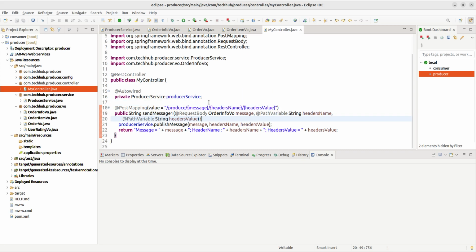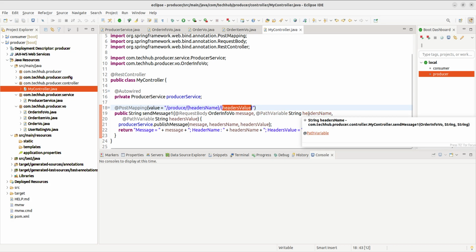That's it. Will it work? Yes, it will work. Produce message. You don't need to have a message here. Message is not required. Headers and value. I'm currently taking header name only. Header, or else whatever, if it is a header key, header name and header value, or if it is a